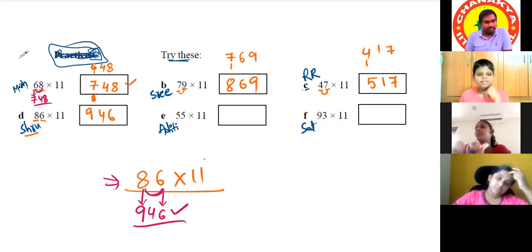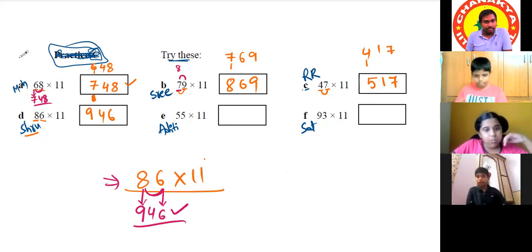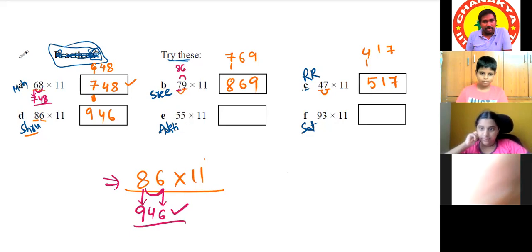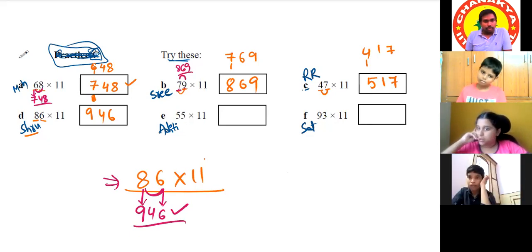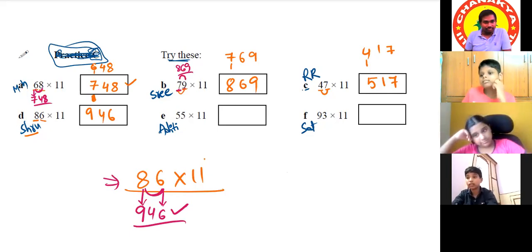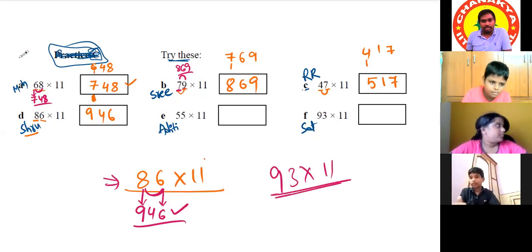Understand Srivallabha's question. See, 7 actually, but instead of writing 7, because the next place is a carry, I'll write 8, because 7 plus 9 is a carry combination. Next, 7 plus 9, the end number is 6, and the last digit 9 again. These are addition techniques only. Nothing but additions. Sir, we can do that method with 93 into 11. Yeah, you can do that.